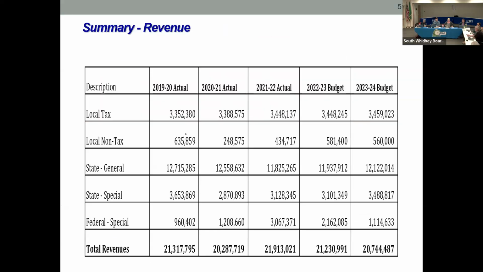So if we add all those together, we're looking at a budget of revenue of about $20,744,487, which is less than the previous couple of years, even less than the 1920 total. So based on the fact that, with that prototypical school funding model and fewer kids, our revenue just doesn't change over time. And that's why we're running into some of these budget issues of, how do we balance if expenditures continue to increase with cost of living and revenue doesn't change.